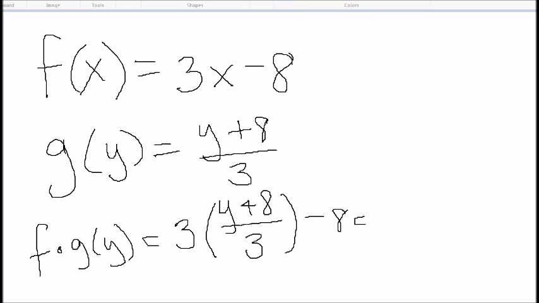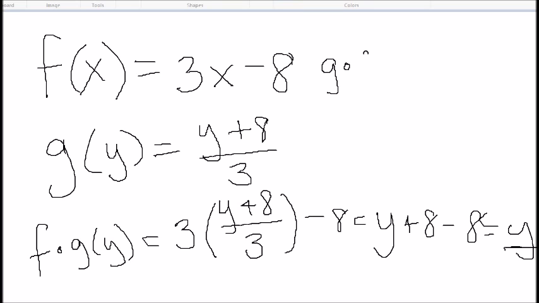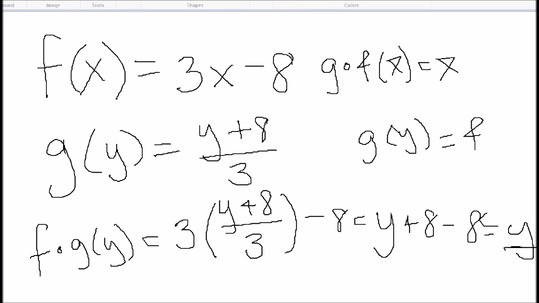And what we see when we multiply it out is that the 3's cancel one another here. We're left with y plus 8 minus 8 equals y, the number that we started off with. And you can probably see that if you did it in the opposite direction, the function g composite f of x would give you back your initial value x. So we can say that g of y is equal to the inverse function of